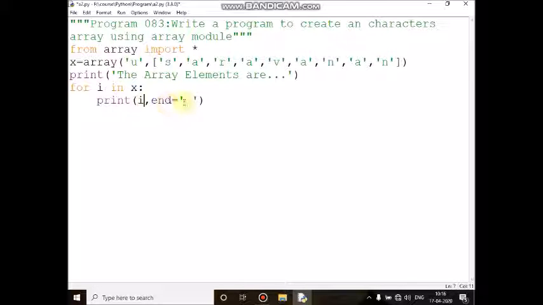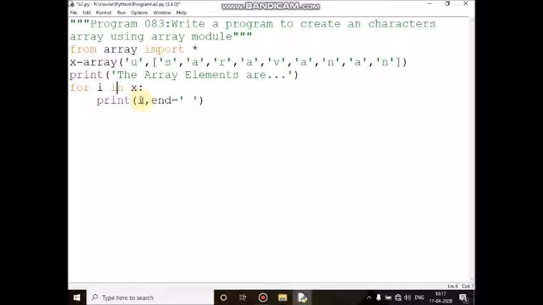Then it gives one blank space. Then control comes here, and now the next element R will print, and it gives one blank space. Then control comes here and moves to the next character.